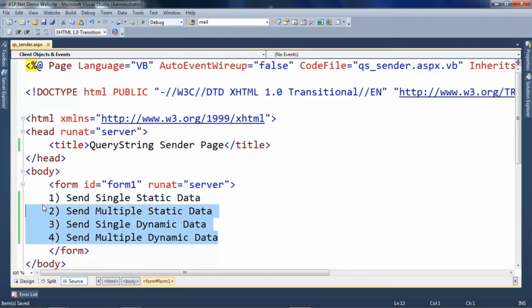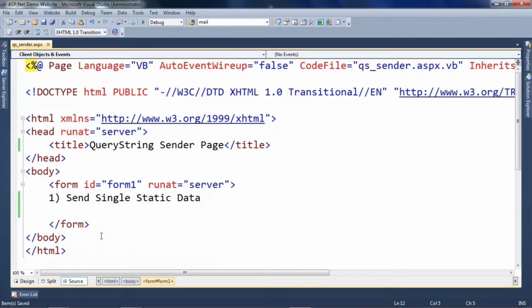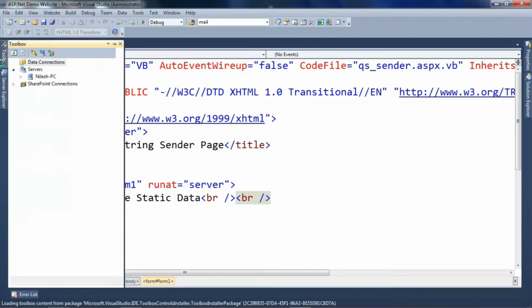So first of all, we'll go for sending the single static data. To break it out, I am giving a BR tag, that will be the break tag for this particular page. Now to send the static data, I will straight away give static data in my URL. So I'm just giving a button over here.